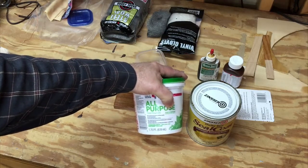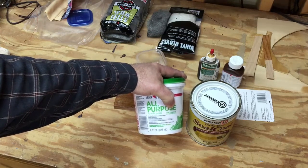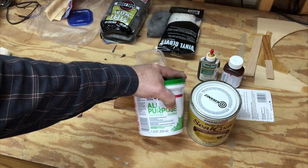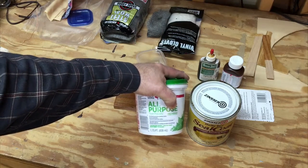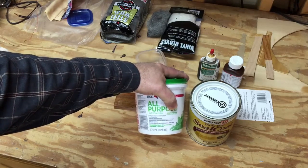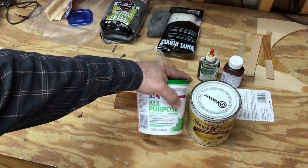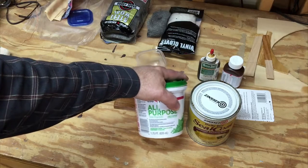But if you put 2 or 3 applications on, you gradually fill those in. And also the pores that you're working with are very, very small. They're not much depth to them, so the shrinkage in those pores should be pretty minimal. So I think if I put probably 2 applications of the compound on the guitar, that should fill in the